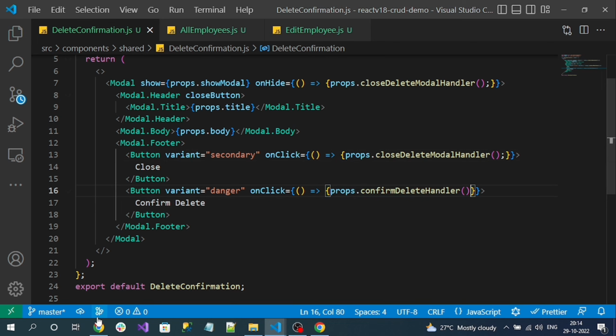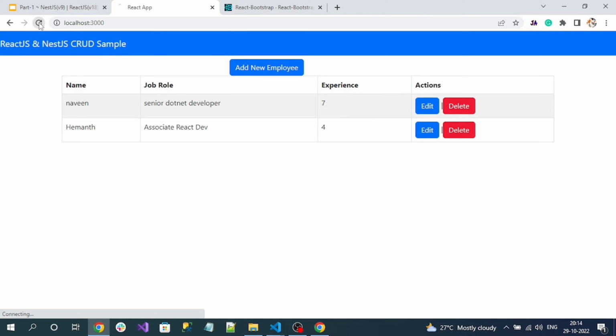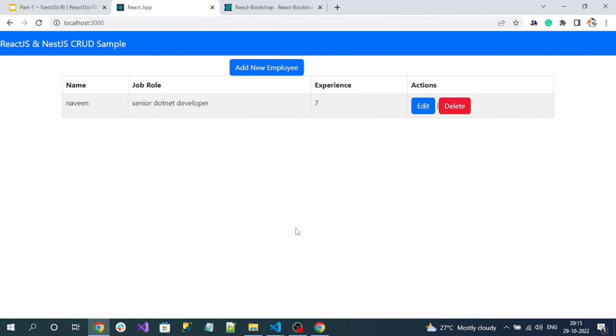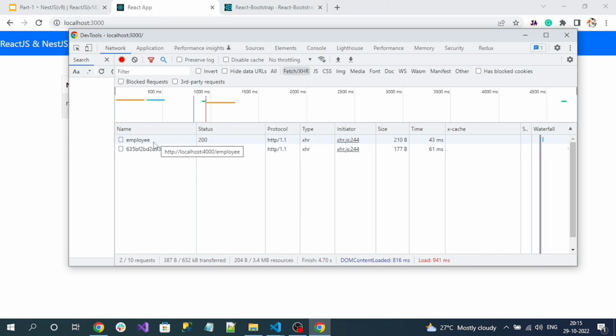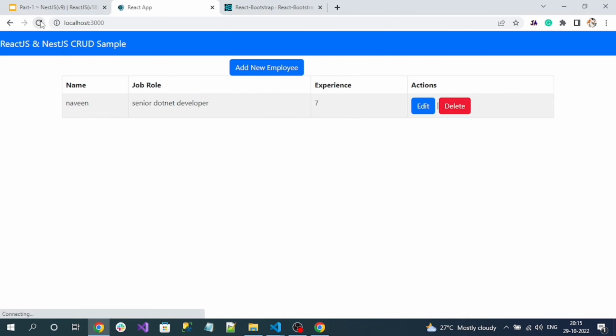Okay, now if I check again, reload the page. Now click on delete. Now click on confirm delete. See, the record is deleted. If I check network calls, see, this is the delete API call and it is successful. If I refresh the page also, I will get a single record only because we have deleted the second record successfully. So that's all about